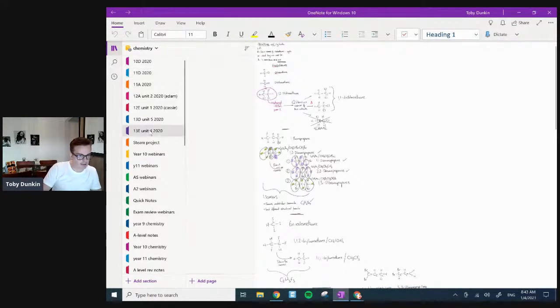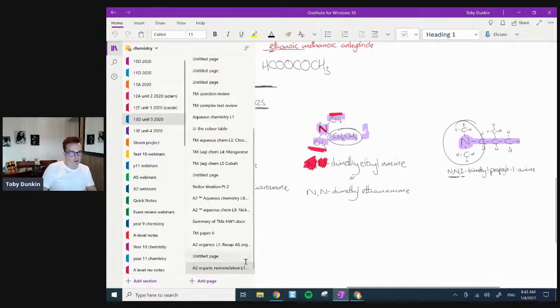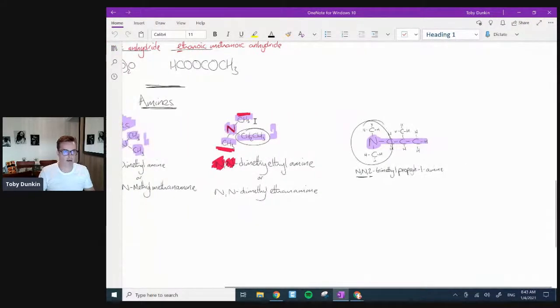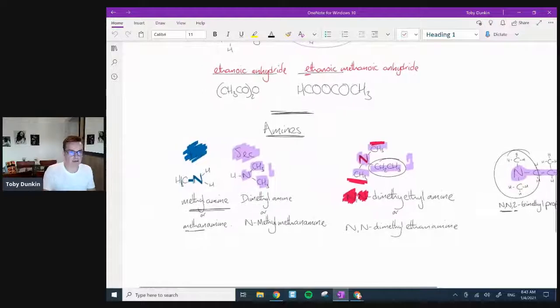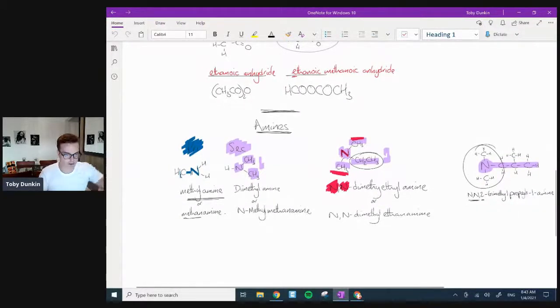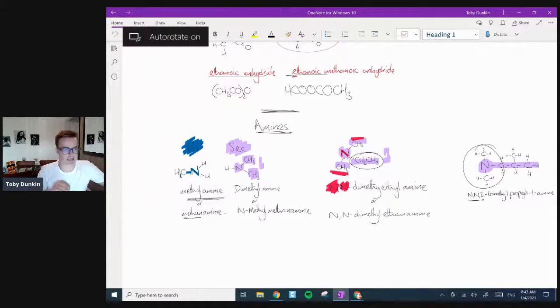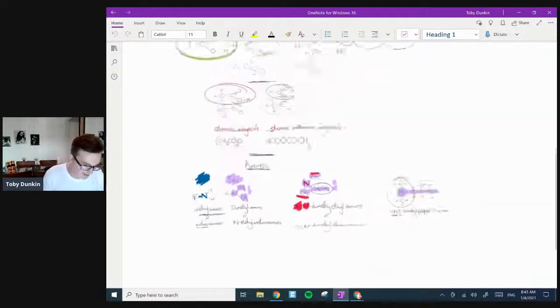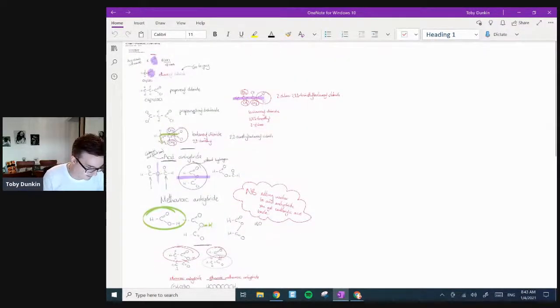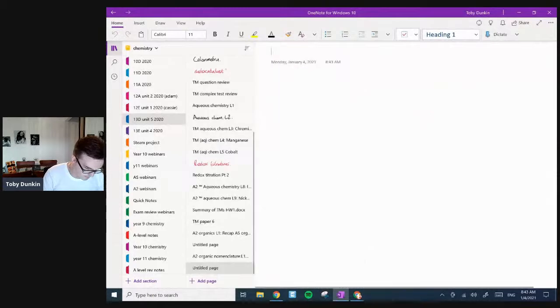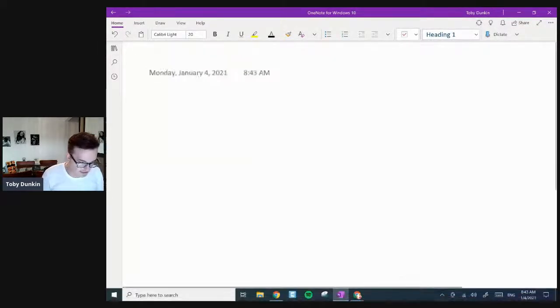Right, okay, year 13, you guys are 13D. So we've been working on organics. We were doing some organic naming. Hey, look at that, I can see myself, that's kind of cool. And I can see my own screen, although we'll see how this gets on. I'll try my best to make adjustments to bits and pieces, because it should give me a better view now of what's going on. I'm going to switch my computer into tablet mode. There we go. Right, so I introduced you guys to all the new organic families, and we were just doing some naming at the end of last term. And today we're starting aromatics.